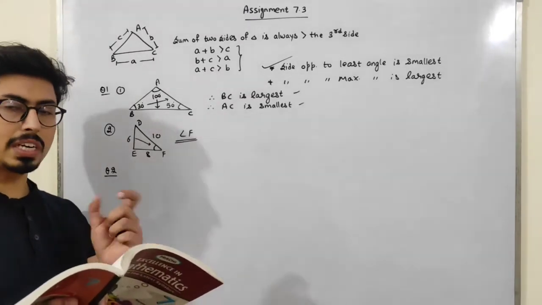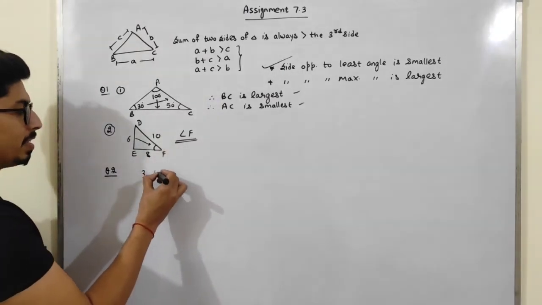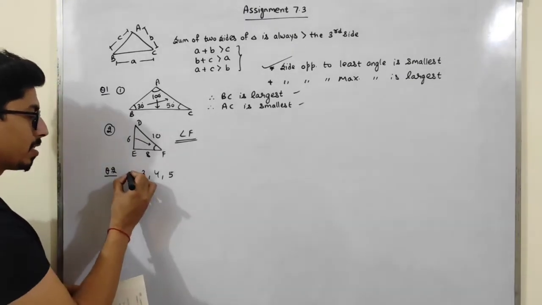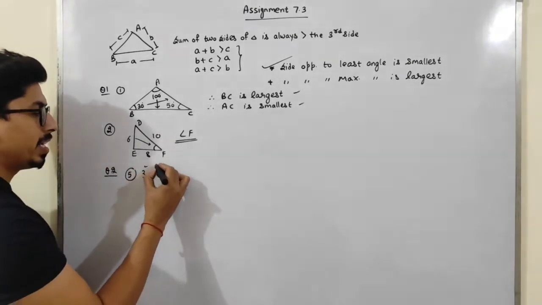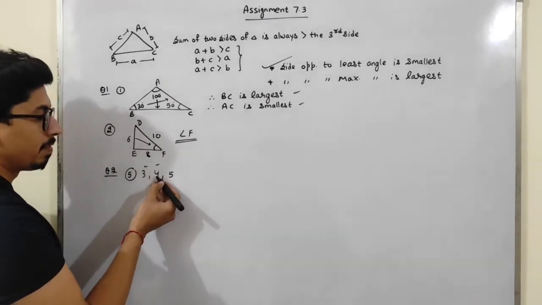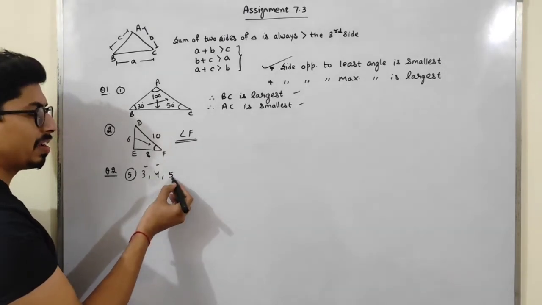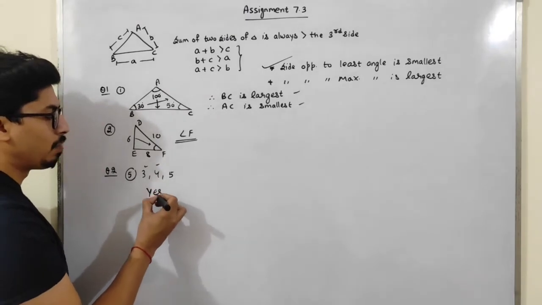So just take, see, if I am taking 3, 4 and 5, that is the last second part, that is the fifth part, students. See, just add any two sides: 3 and 4 is 7, 7 is greater than 5. 4 and 5 is 9, 9 is greater than 3. 3 and 5 is 8, 8 is greater than 4, so yes, it will form a triangle.